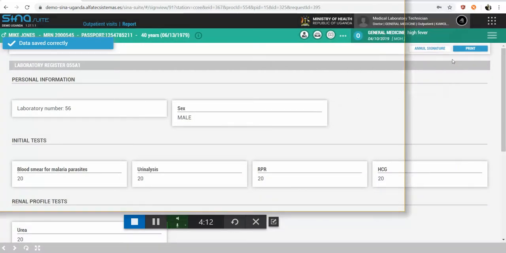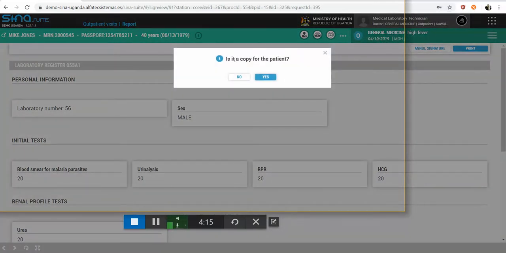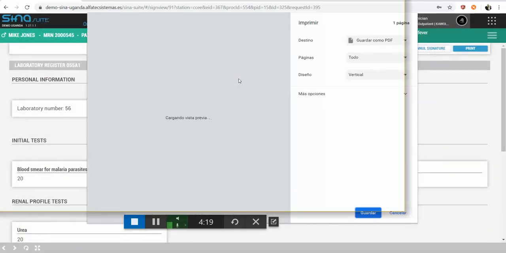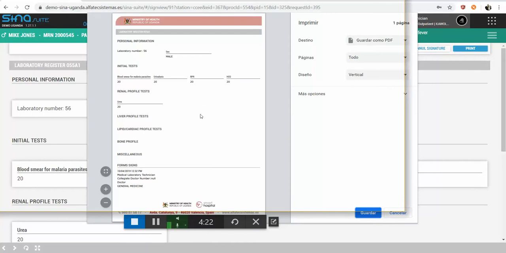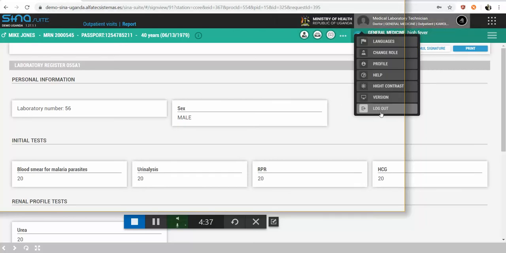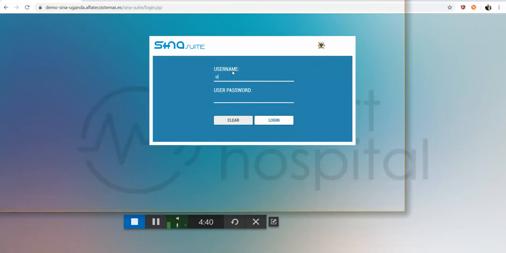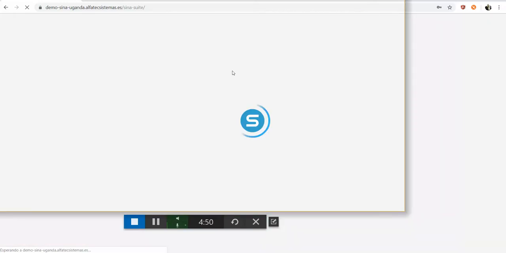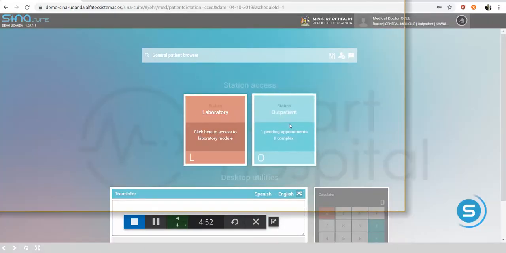As we can see, we can print the request if it's a copy for the patient. Let's say it's not a copy because this is going to go to the doctor. We have our medical laboratory request here printed out, and now the doctor, the OP doctor, is going to evaluate this lab results. So we're going to log out, and we're going to go back to our OP doctor. The OP doctor is going to go to the outpatient station,